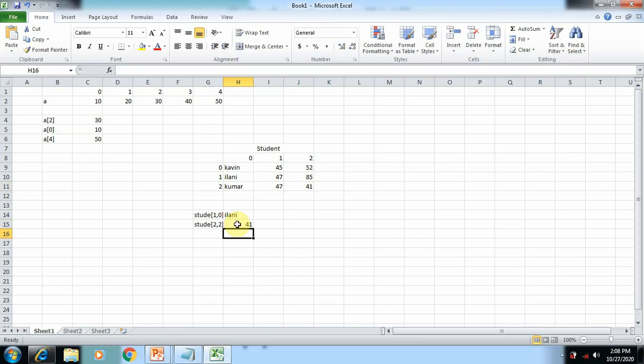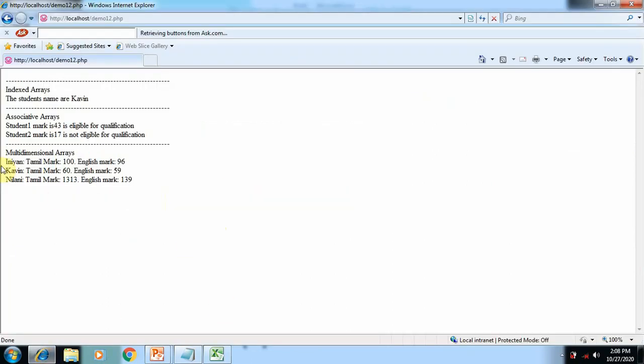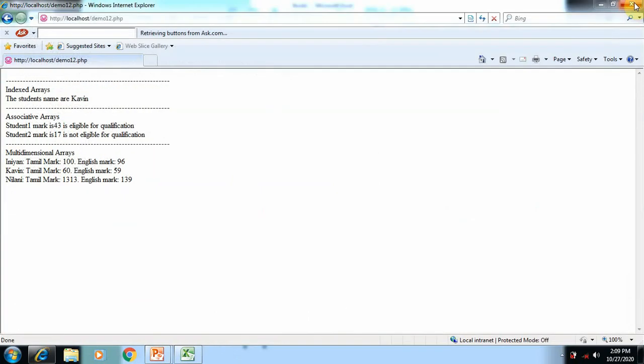This is how we use the multi-dimensional array. So now we can see all the variables of the multi-dimensional array displayed on the screen. Here you can see 0 of 0, 0 of 1, 0 of 2, 1 of 0, 1 of 1, 1 of 2, 2 of 0, 2 of 1, 2 of 2. In the program you can see the same index numbers are used. So try this concept and try to understand this multi-dimensional array. This will be very helpful for upper level programming concepts.